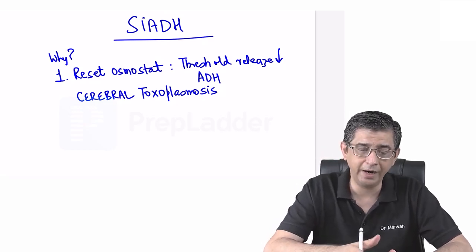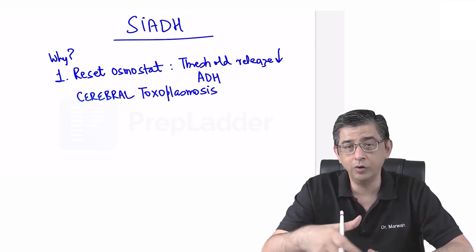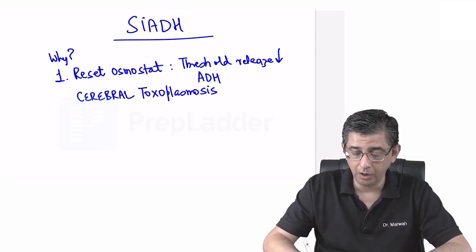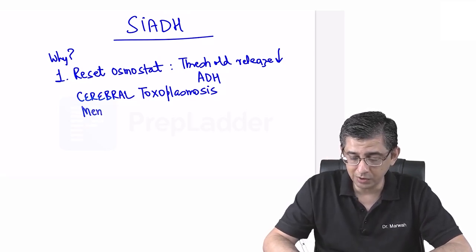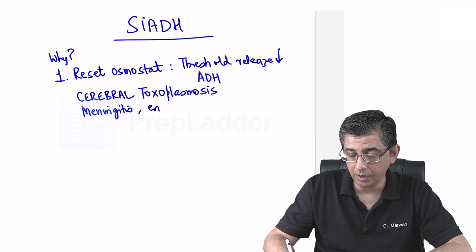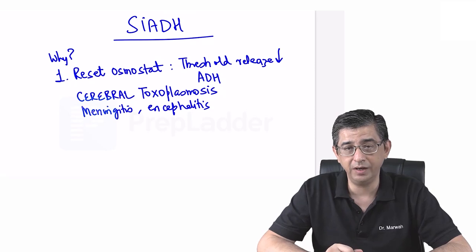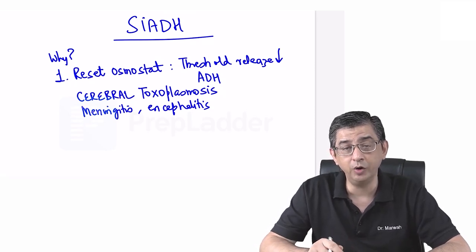As a result, at whatever level it should be released, it is getting released earlier than that, and therefore overall the values will increase. Apart from cerebral toxoplasmosis, meningitis and encephalitis should also be remembered. You will notice that in the lecture of meningitis, encephalitis in CNS, I have mentioned in the treatment part,